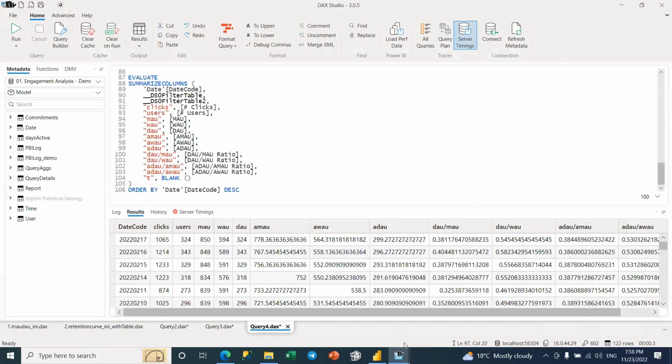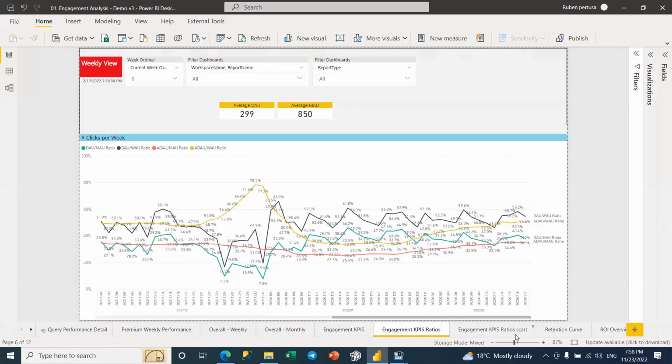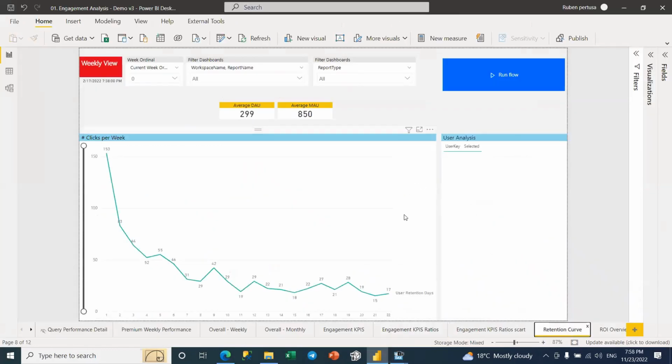On this, I want now to build the retention curve. On the retention curve, if you remember, we were looking at a hard-coded axis, which is 30 days. And for those 30 days, the amount of distinct users that are coming that amount of days depending on the axis. So 19 distinct users are coming 20 days, 28 distinct users are coming 19 days. How do we do this in DAX?